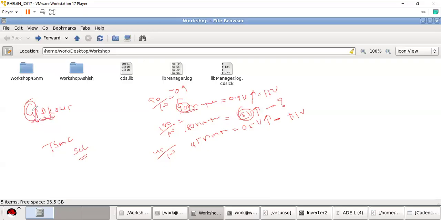This GPDK is the generic process design kit, to make you understand how to do experiments, how to do simulations, how the industry works, how to understand the fabrication of transistors, right? So these are the basic things that you need to understand. Today we have learned about the width. One more parameter that I want you to understand today is called the threshold voltage. Now, if you see carefully the formula for threshold voltage,